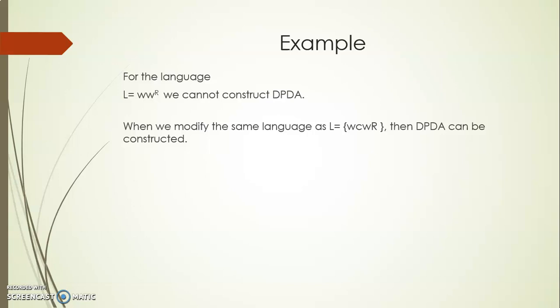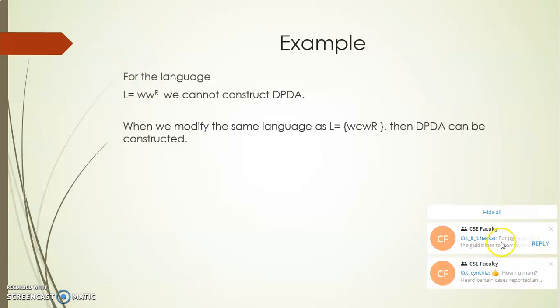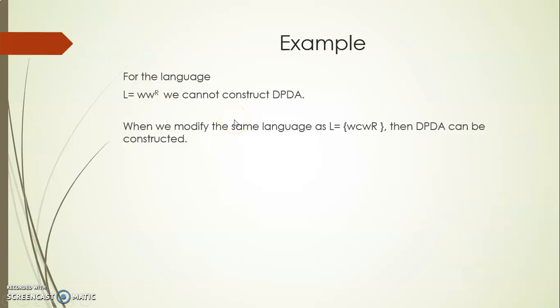Since I am constructing the PDA, I will be assuming that only this many symbols will be present in the W, and after that whatever symbols come belong to W bar R. But it may not always be the case. Sometimes the symbols of W bar R may be considered as belonging to W, and sometimes the symbols of W may be considered as the symbols of W bar R. So there comes the non-determinism, right? So when they ask us to construct a deterministic push-down automaton, I cannot construct one as such